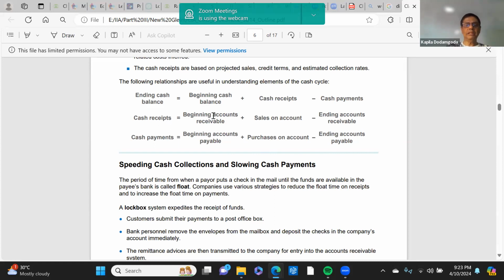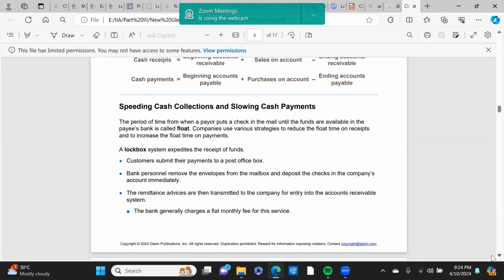Do you want me to explain this or are you clear with this? These three relationships. Yeah, I'm clear on that one. But we are in the assumption all sales are on credit basis and all purchases are on credit basis. Is it? Yeah, that is why sales on account, their terminology, sales on account is credit sale. Purchase on account is credit purchase. That is the term on account always means credit, according to the US terminology. Okay?